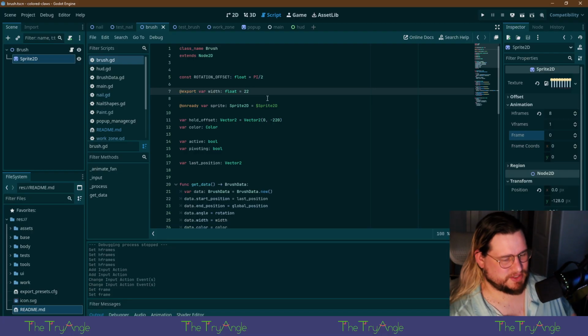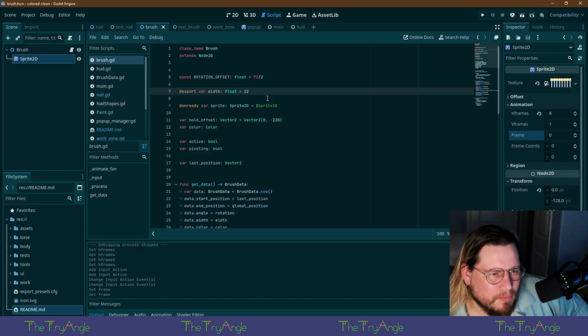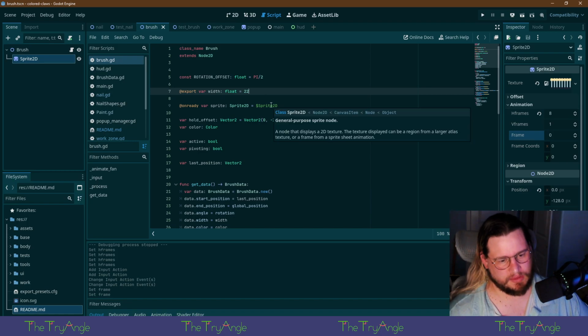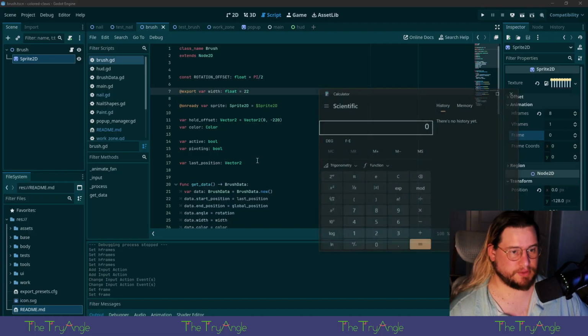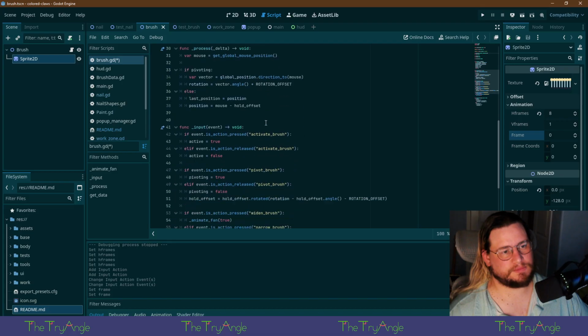Oh, 5 pixels is bad, though. 5 pixels don't make any sense. What if we did 6? That's 48, right? Why do I keep typing numbers into a non-existent calculator?